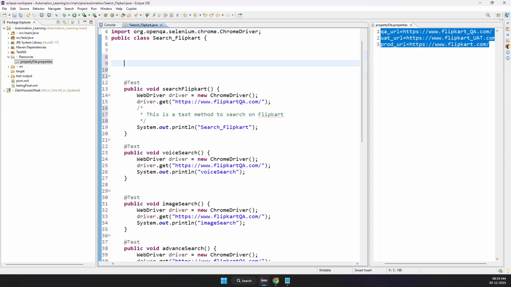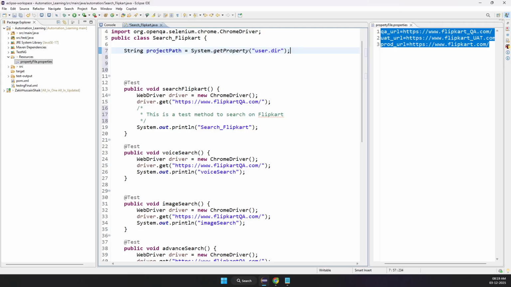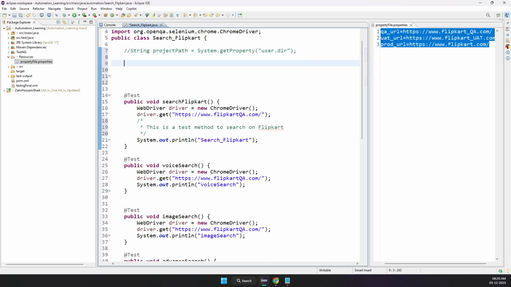Let me define the location, because you need to tell your Java where that file is, right? I'll talk about this later. There is one shortcut, but I'll not talk about it now. String file location, or file path, is equal to